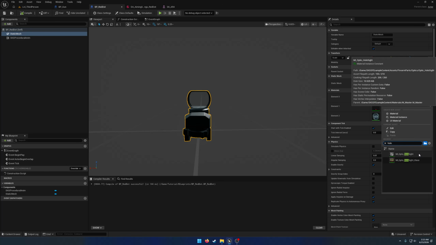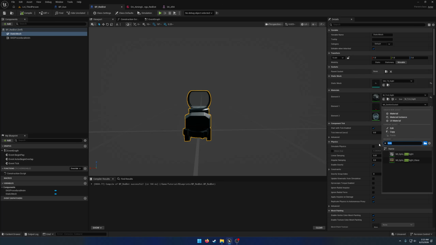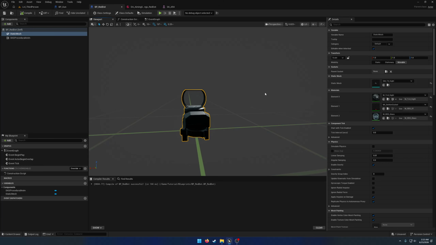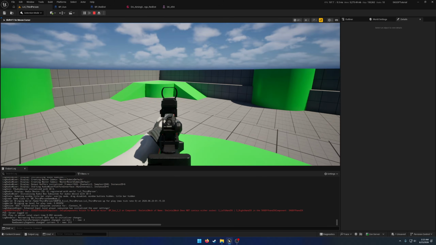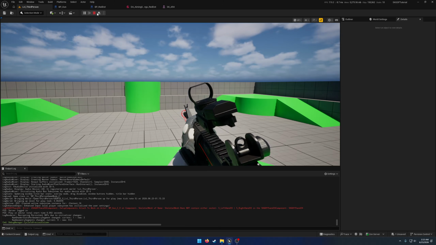We can grab the hollow sight. No, what was it? Can't remember the name of the reticle. Oh yeah, that's right, because it's all configured separately. So yeah, never mind. We're going to come back to that. But yeah, so you can see it automatically goes through, spawns the attachment, and it registers itself, meaning we can